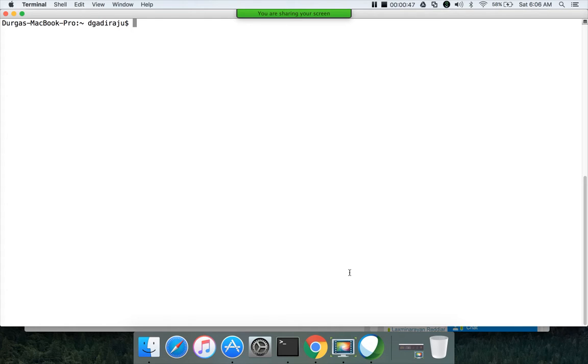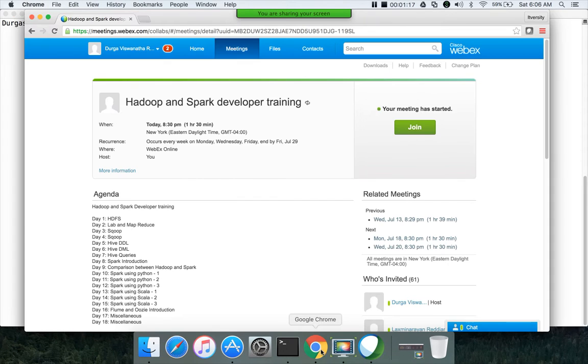Okay. So Hive has three components, as I have explained earlier. The first one is creating the databases and creating the tables. The second one is loading the data or inserting the data into tables. And the third one is querying the data using SQL. I will try to cover all three aspects today. If anything remains, we will see it as part of the next class.